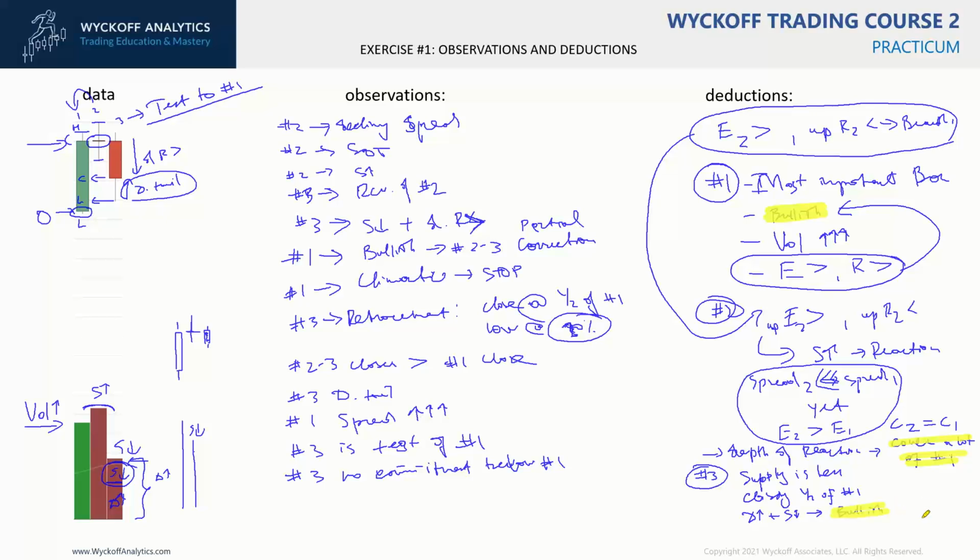from all of the observations that we've made about the bars first, whether those are price bars or volume bars, and then going into the deduction of what it actually means in the specific case, for the specific bar, and then in the relationship to other bars that have created what we call a Wyckoff story, what we would be thinking that